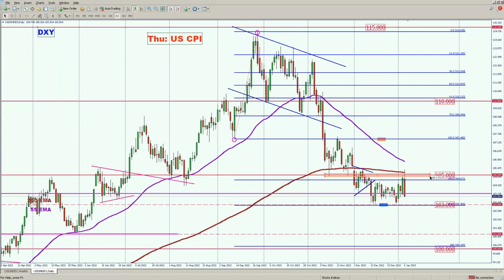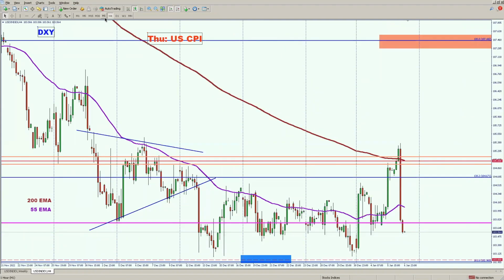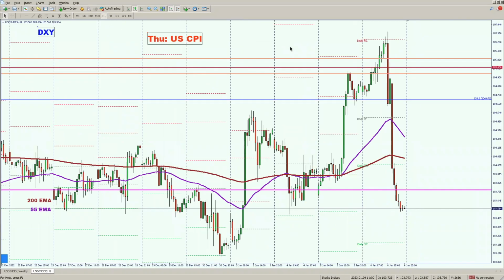This is still the intermediate resistance, and above that is the key resistance at the swing low. It has fallen lower. And we also take a look at the 4 hour time frame and perhaps the 1 hour, to see what happened on the